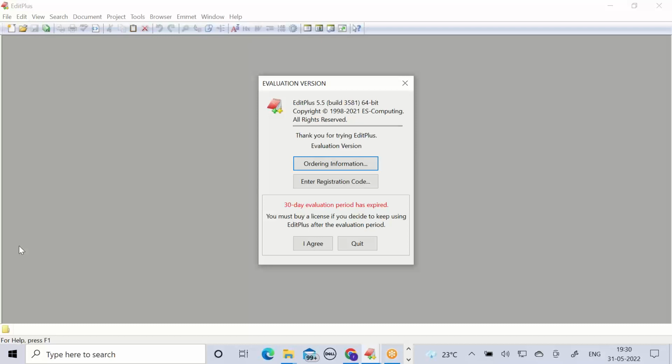So what is the first screen? This only you are getting? Okay. What about you? So what is your screen now? After pressing no, what are you getting? There is a trial, right? Accept, yes. There you can click yes.